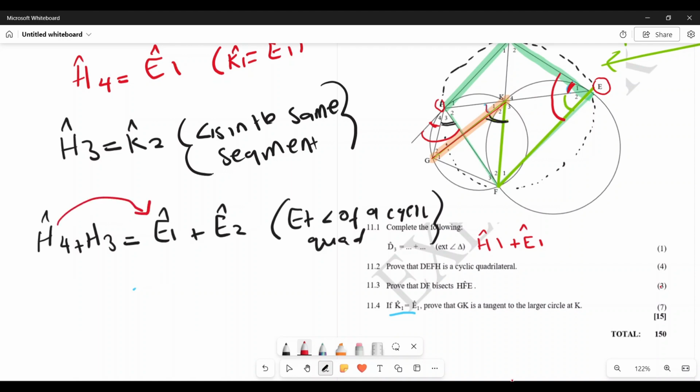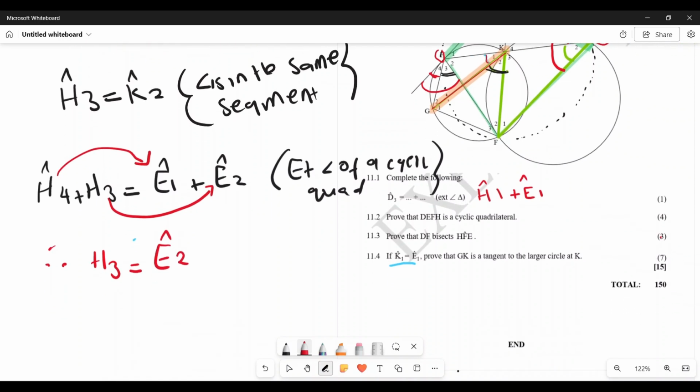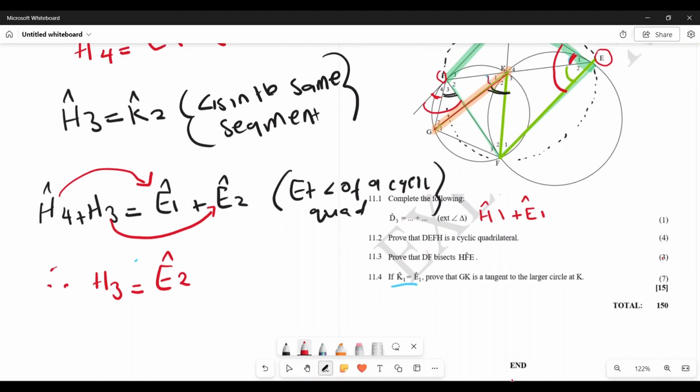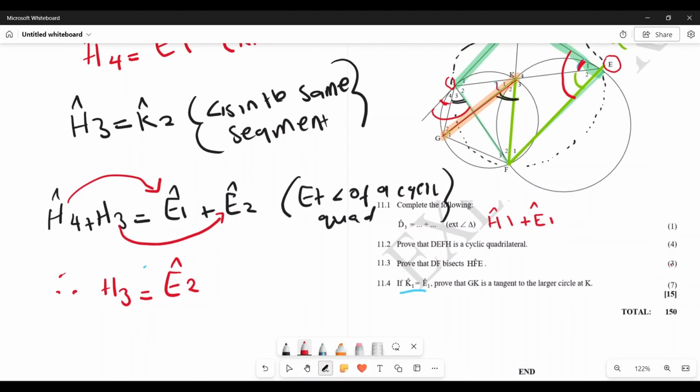My H4 is equal to E1, meaning that H3 is going to be equal to E2, right? Because of that. And remember here, I'm trying to prove that my E2 is equal to my K2. And I've said before that H3 and K2 are equal to one another. And I can conclude that in this instance, my K2 is going to be equal to angle E2,